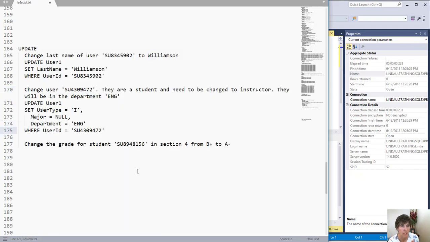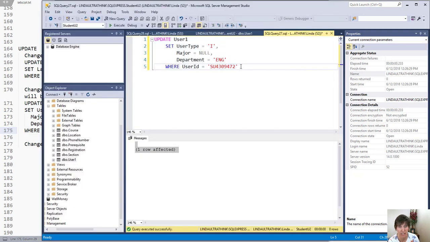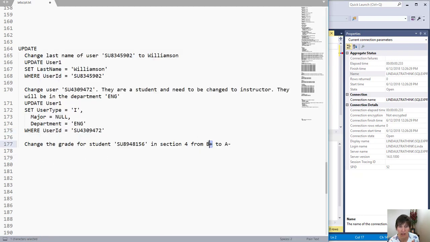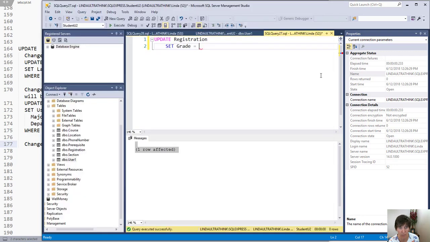Okay, one last one. Now we want to change the grade for student in section 4 and B+ to A-. Now this one's a little different. This one is not in the user1 table. This would be in the registration table. We would still use set, and what we're going to change is we're going to be setting the grade equal to, and now notice it told us that the grade was a B+, but that doesn't matter what it currently is. All we need to know is what it's going to be. Once we change it, whatever it used to be will be gone, no matter what it is. So we want this to be an A-,